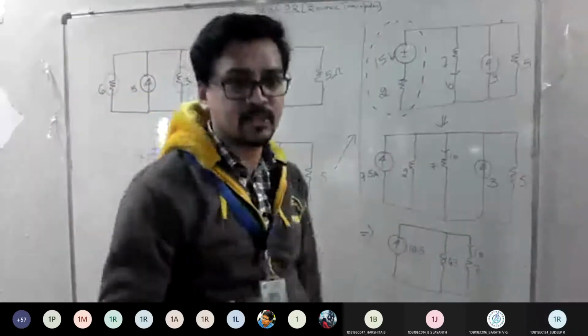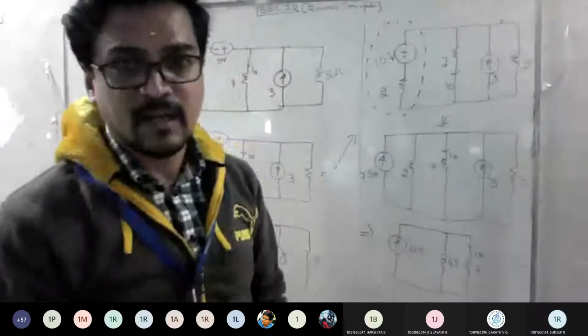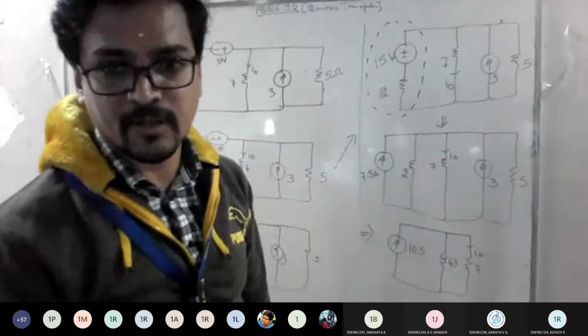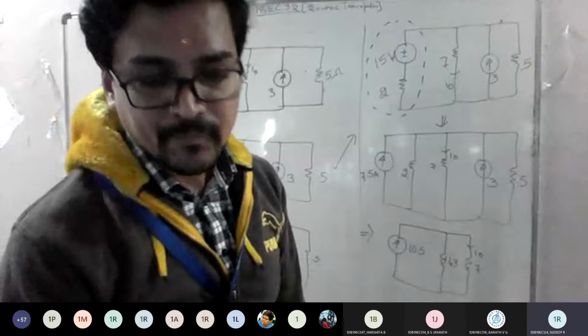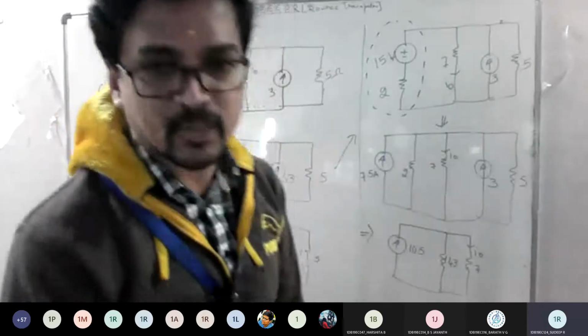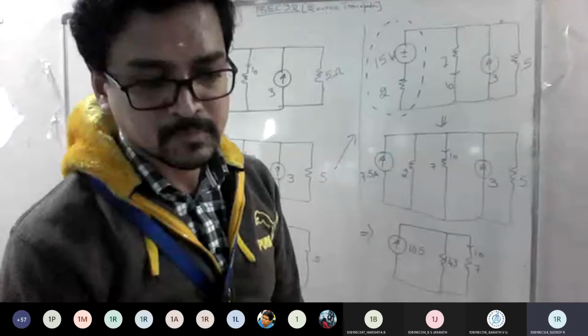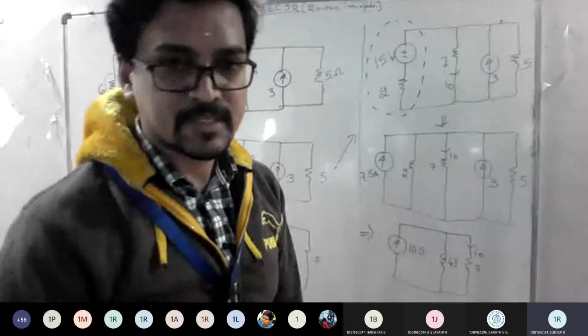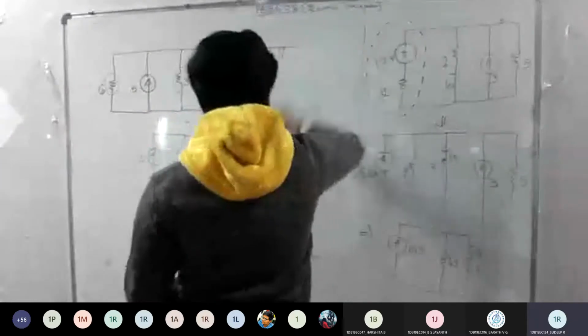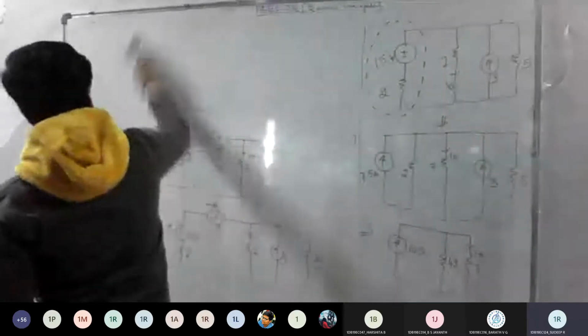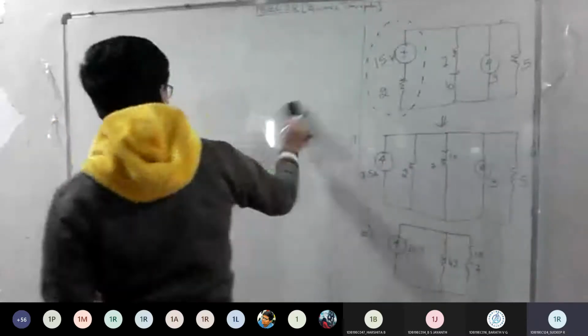See, listen here. You can do the things in 2 ways. Listen everyone carefully. I hope, do you know the logic of your branch current rule? Do you know the logic of the branch current rule? Say yes or no. I'm not getting an answer from you. Yes or no?